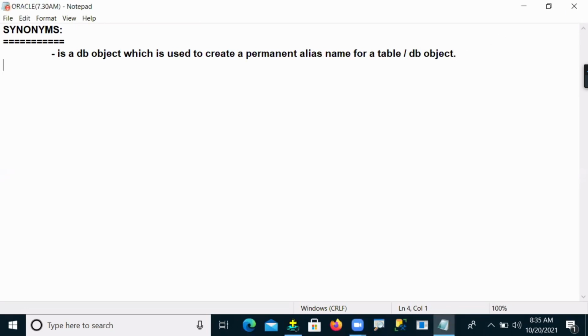Synonym is nothing but an object which is used to create a permanent alias name.